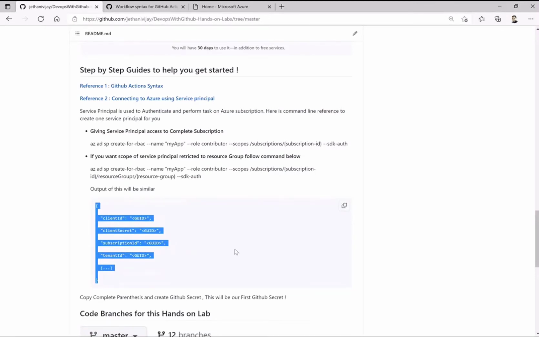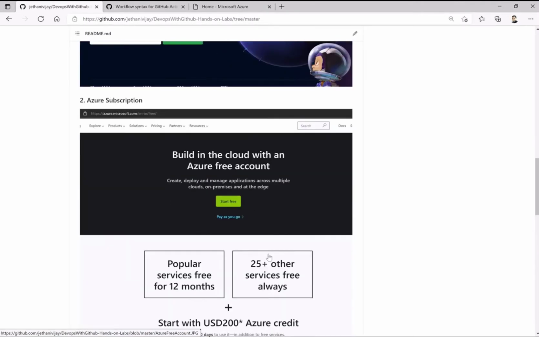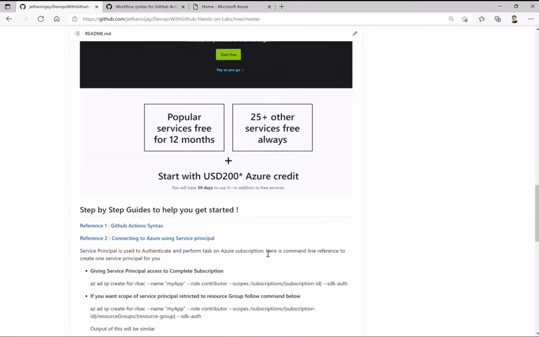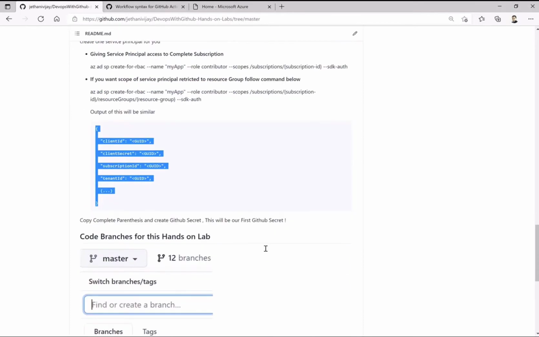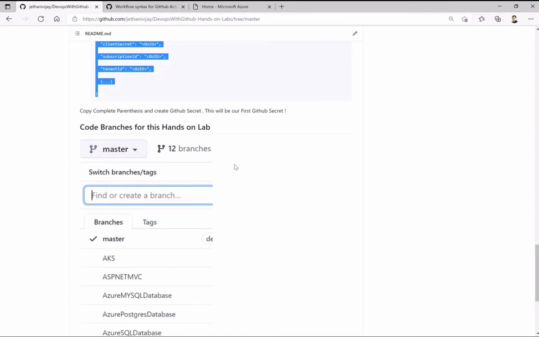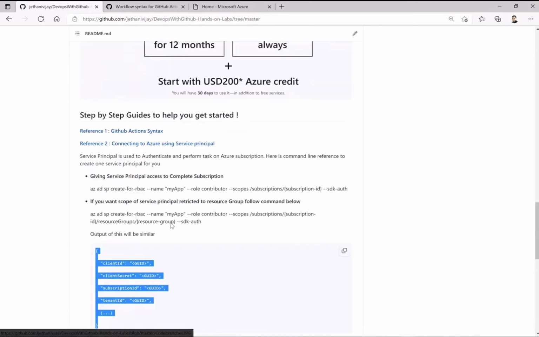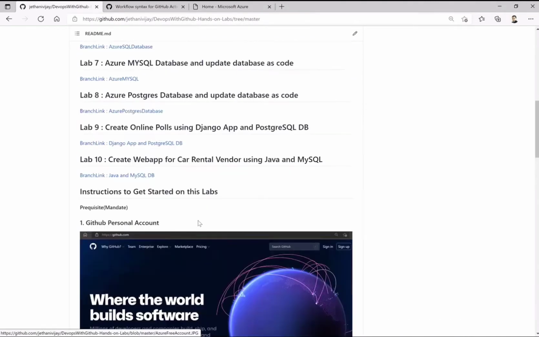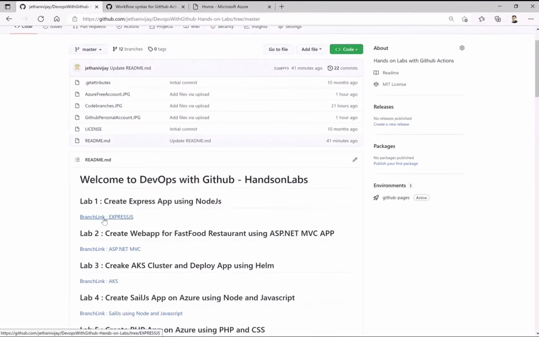So these are the basic prerequisites you have. First is your GitHub account itself, another is your Azure subscription, and the third is knowing how to create your service principal to run the labs programmatically. And for each of the code, I have a respective branch. I have arranged the code in respective branches. If you look here, we have different branches depending upon the code you are using. While I do so, I think you will understand more on this, but these are some of the basic prerequisites. Also, you can go through a respective branch link to go to the respective lab directly.